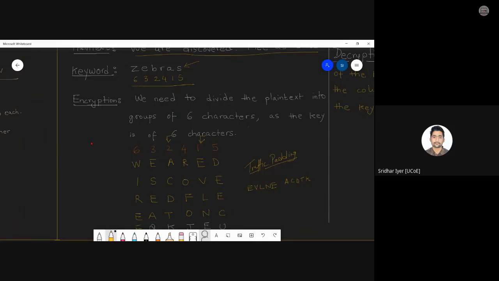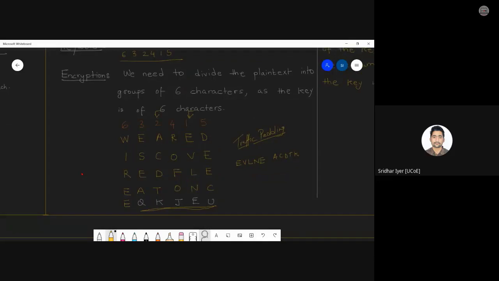That is what is shown over here. Then we simply start writing the plain text row by row inside that matrix. If we run out of plain text, we can simply add some bogus characters, but make sure you don't repeat the same character again and again. Then it will simply be a waste because the attacker will know that these are just random characters being added at the end. So try to make it as random as possible. Try different characters. You can use A, J, P, Q, whatever you want, but try to keep all these characters different.